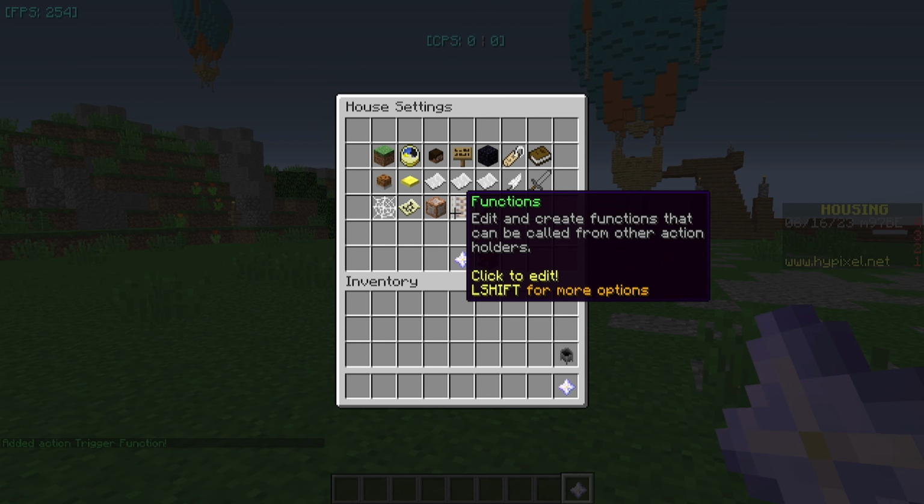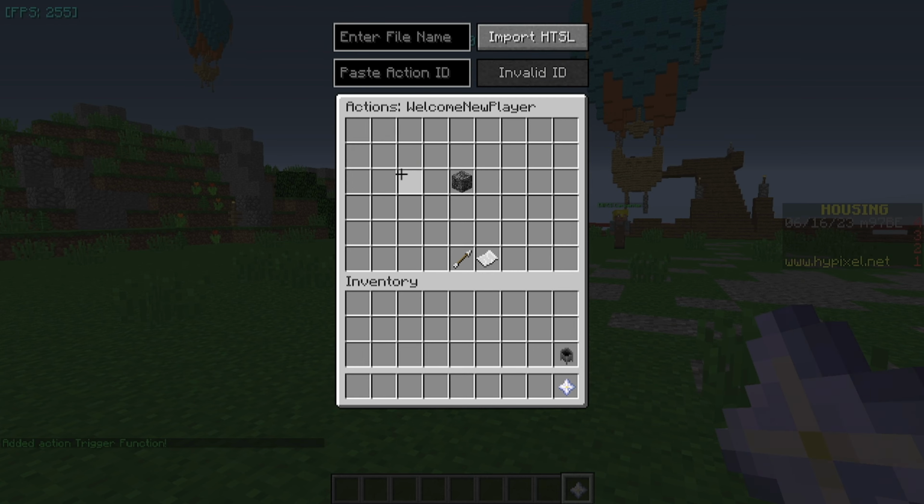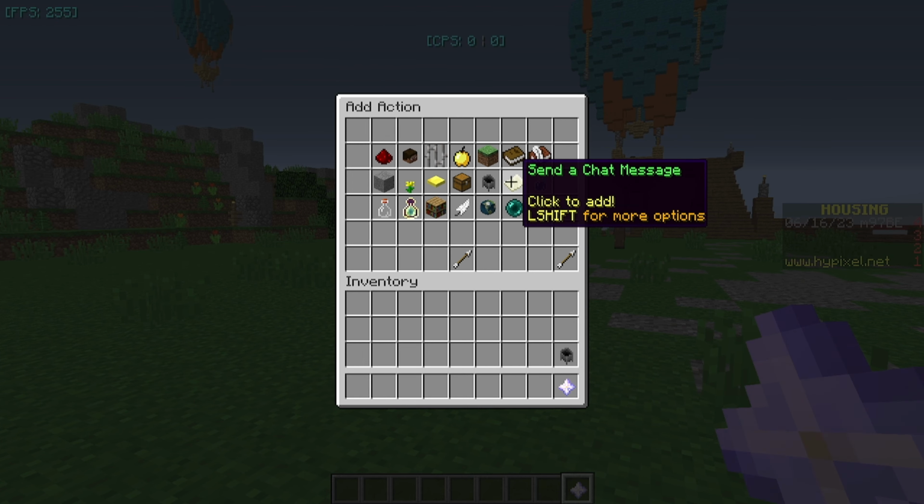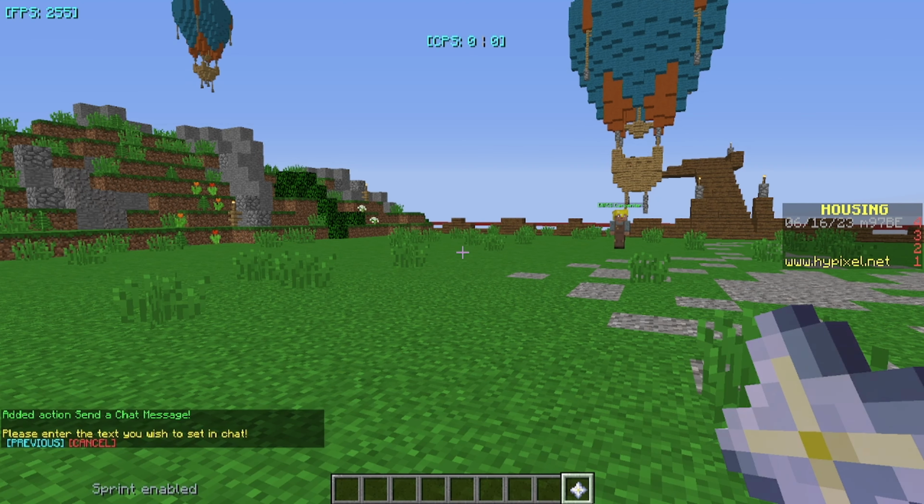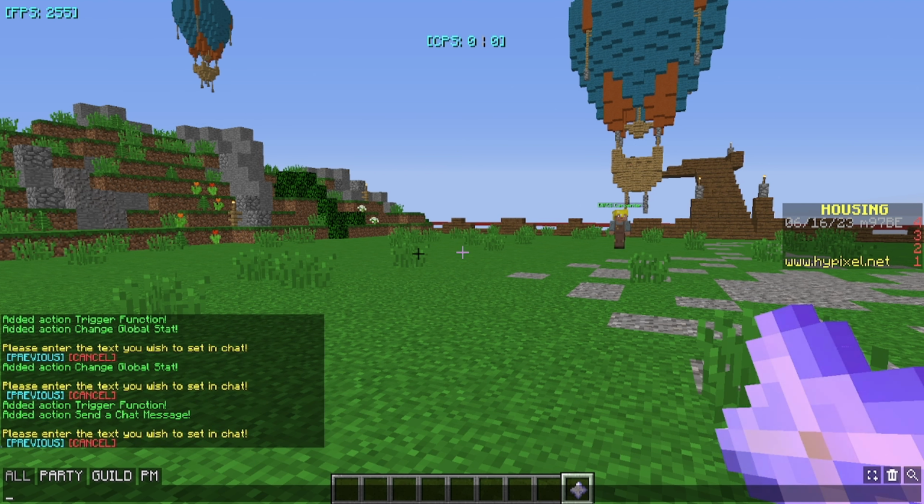Now we can go to our functions, and in the welcome new player, we can add an action, and we're just going to have it send a chat message. And again, this is triggering for all players, so every player will get this chat message. We're going to make this a bit more fancy. We'll include maybe some squiggly characters in the beginning. And then we're going to just specify